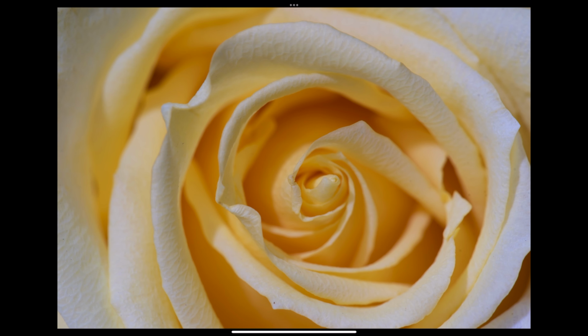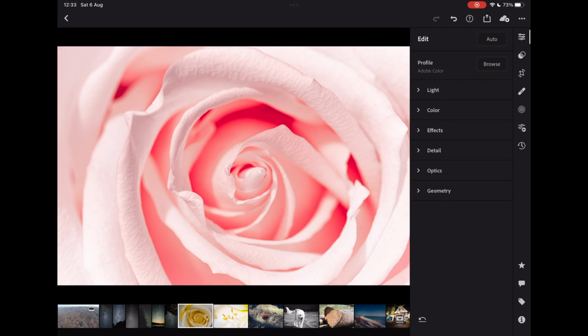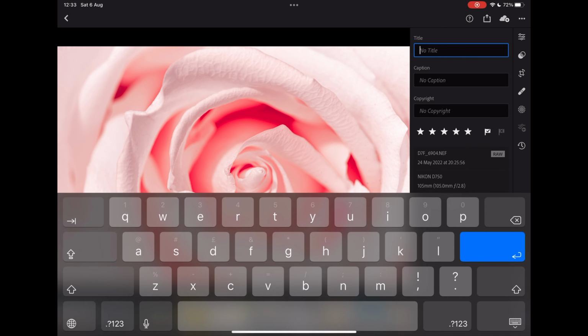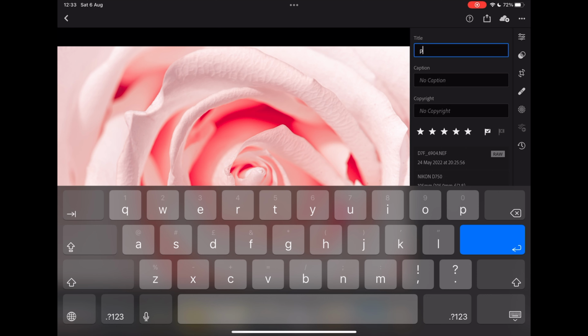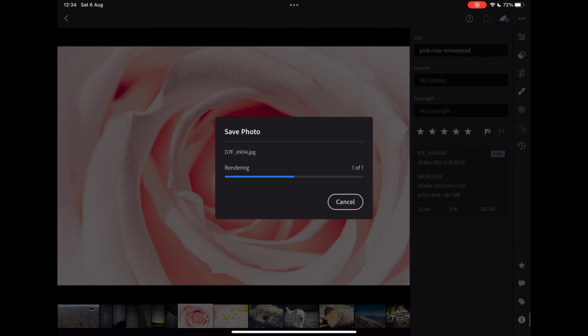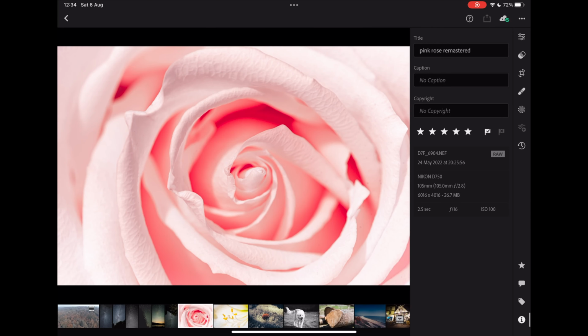If you press on the screen, you show the original image, and this is the difference between the modified version of the image and the original one. If you long tap on the screen, it shows the original; if you short tap on the screen, it just zooms. In the information, you can add title, caption and copyright, and you can also see the details of your own photo. As an instance, it says that I took this image with a Nikon D750 on 24th May, which I said is an older photo, but it's not that old, with a 105mm lens. And now we can share the image and export the image to camera roll or to files, or get probably